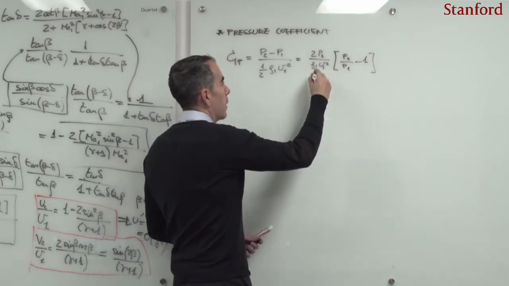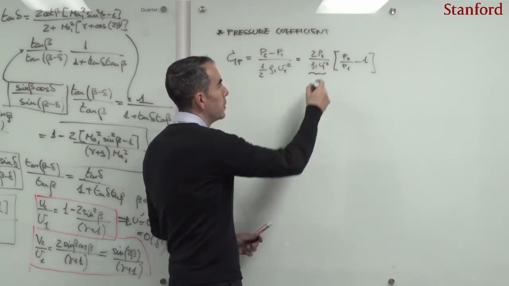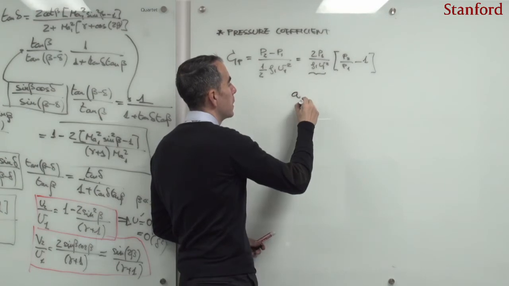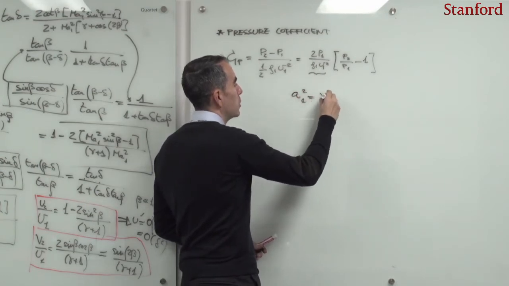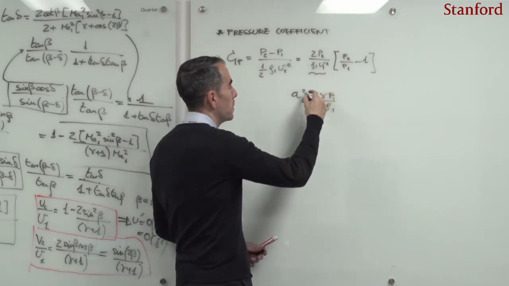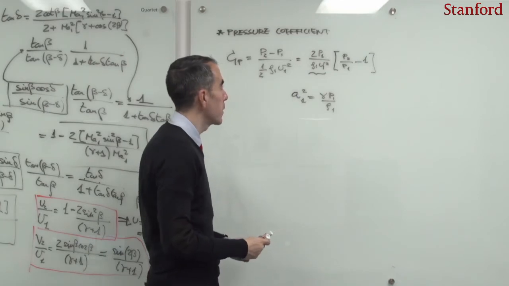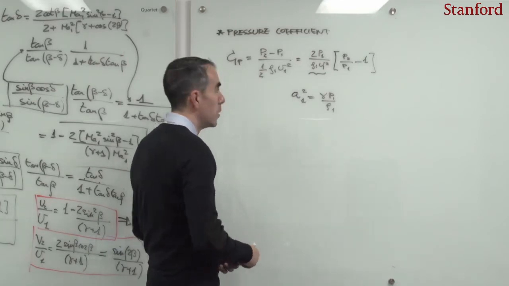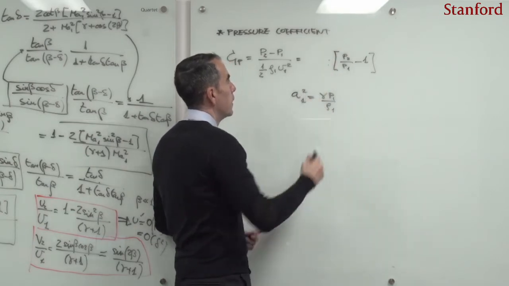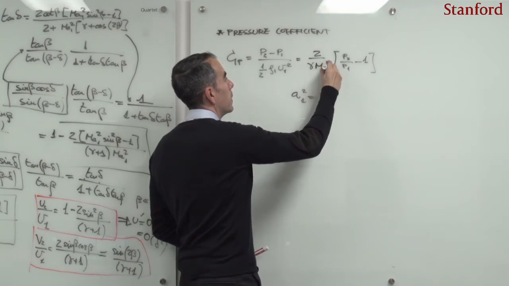Well, I think here everybody can recognize that I have something similar to a speed of sound, right? Remember that the speed of sound squared is just gamma multiplied by P1 divided by rho 1. So obviously I have something similar to a speed of sound squared and a velocity squared. So I can construct there a Mach number. So if I erase this, I can write here twice divided by gamma multiplied by Mach 1 squared.